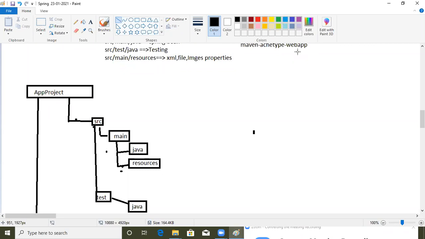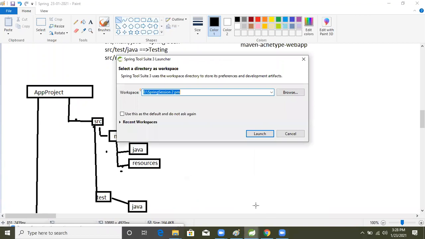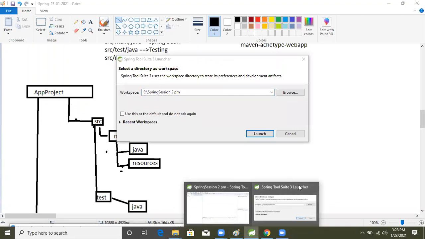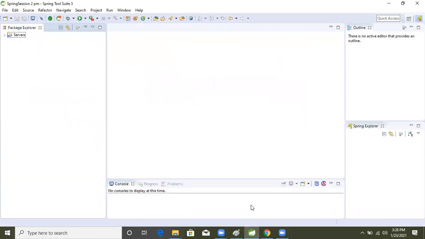I am using STS for Spring. Can I do the program with you? Please use a proper sentence here, then I can understand faster. Can I do the program with you? I'm not understanding what you are trying to say. Hello. I'm saying, can I also write the code with you so I can understand better? Okay, on my system.